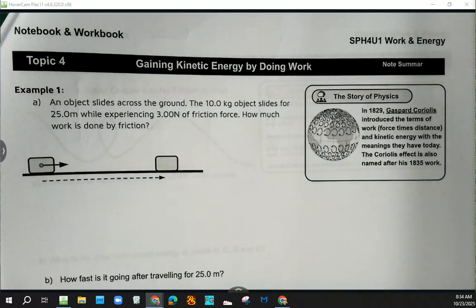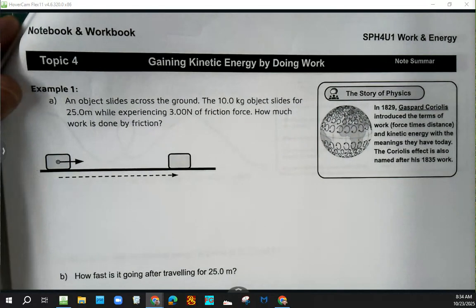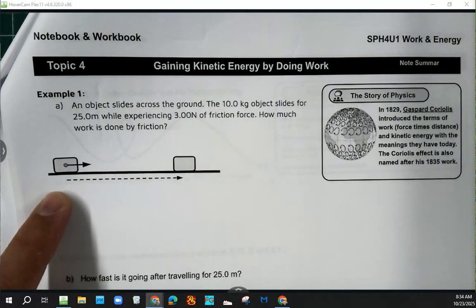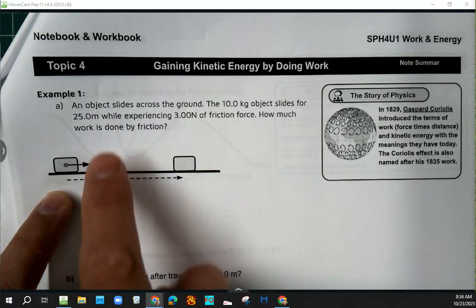Okay, so last time we were talking about lifting things. The time before that we were talking about the universal law of gravitation. I feel like we're still sort of in everyday mode. And as I look at this, the first thing I think of when I look at this object sliding across